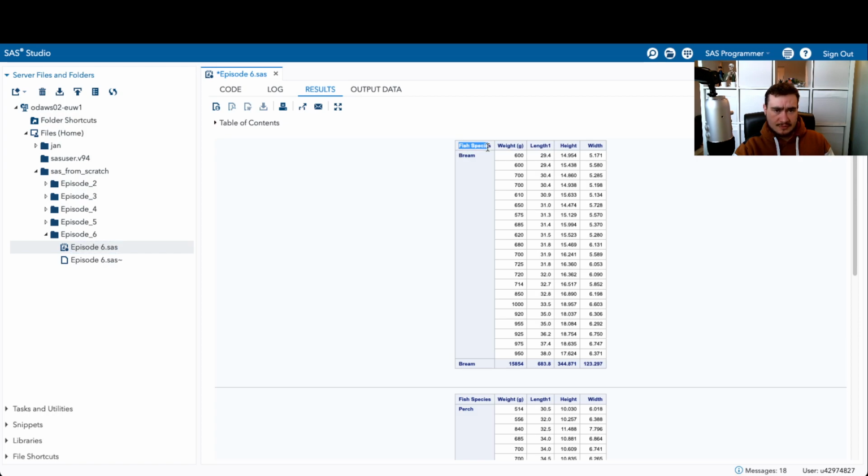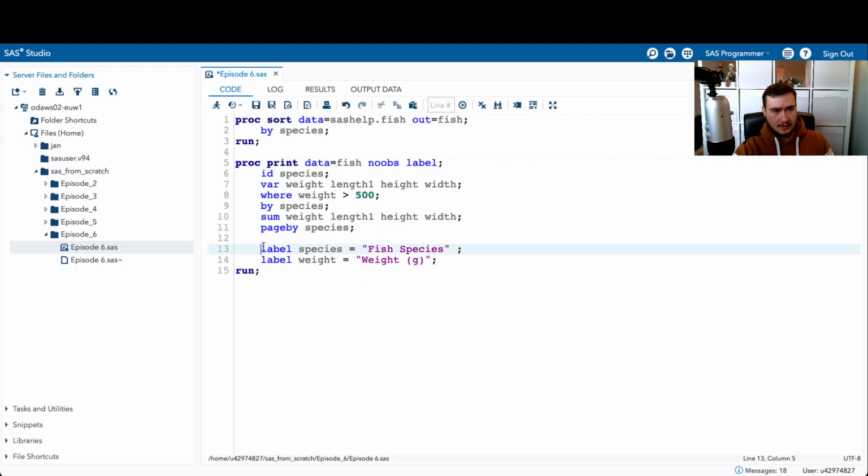So there's fish species and there's weight in grams, and we've now added brackets and spaces and all of that in there to make it more readable. The underlying variable name is still weight. Now the way we've done this is clunky. You don't want to write it like this, and you don't need to write it like this. So instead what you can do is you can simply add another line here